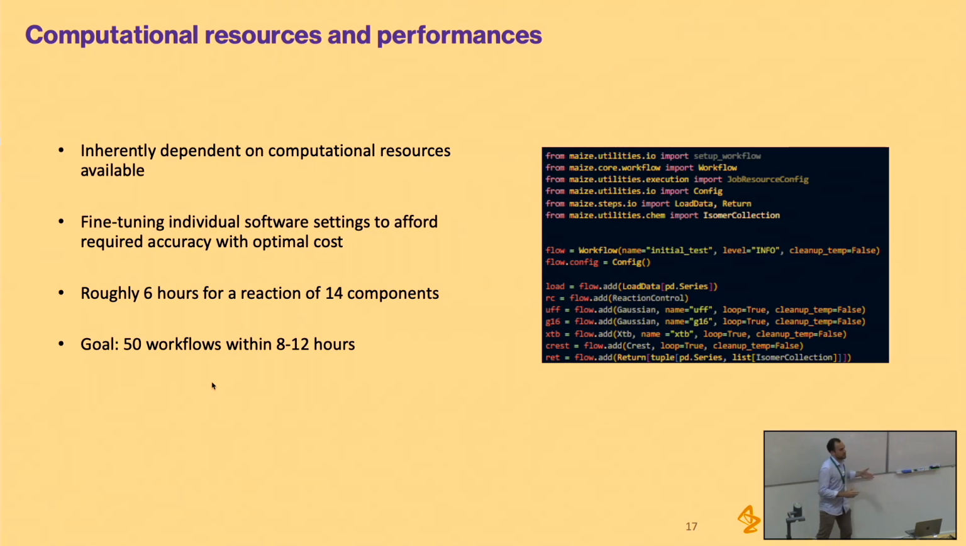Of course, as I said at the beginning, we have at our disposal quite a large number of computational resources with the AstraZeneca cluster. But our goal is to be able to compute a small library of reactions within one night. That would be the ideal goal. So, for example, to run 50 of these individual workflows, each one of them being a reaction, within 8 to 12 hours. And usually, in my experience, a reaction of 14 components can usually run within 6